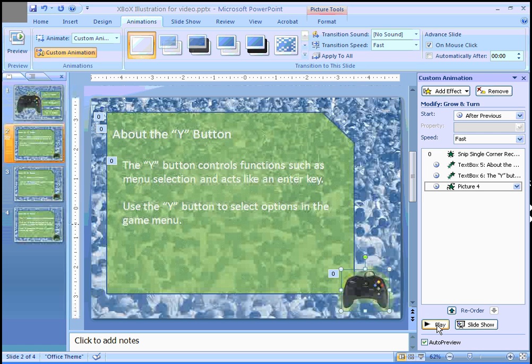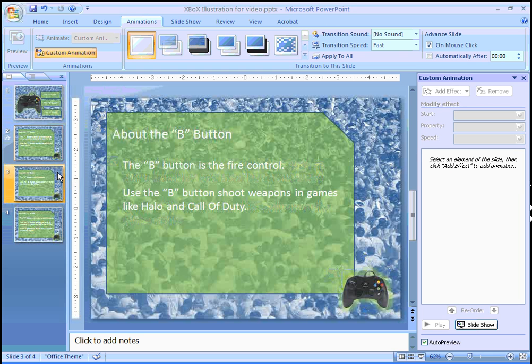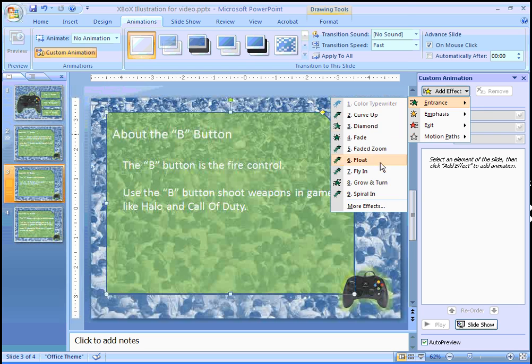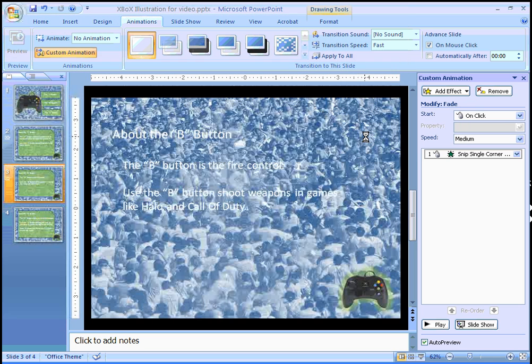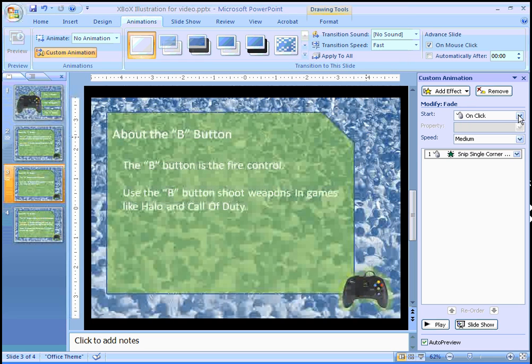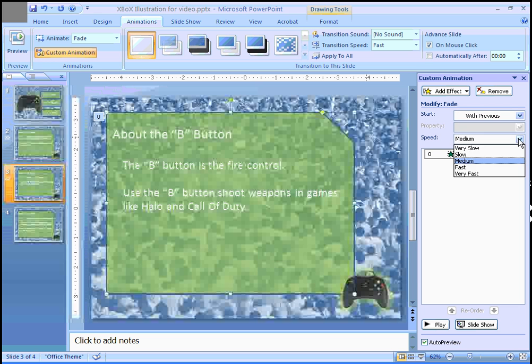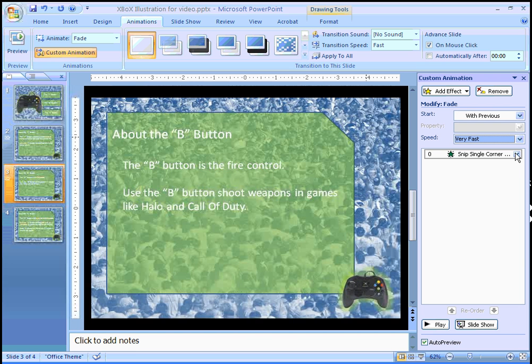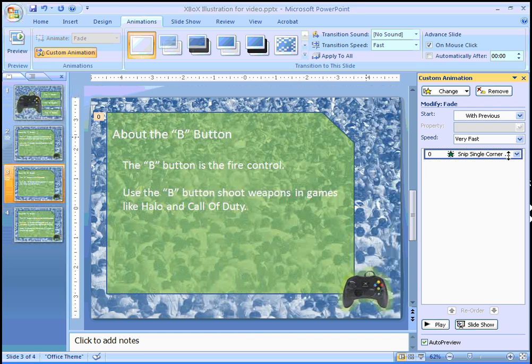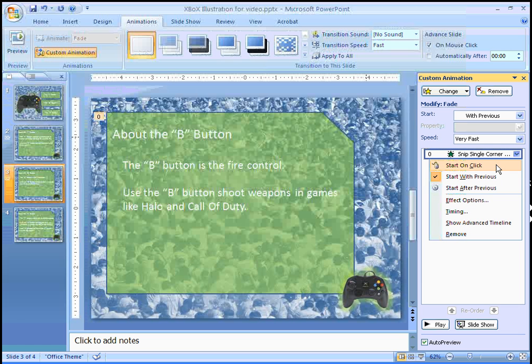Okay, that looks pretty good. Now I would apply the same thing to this. Let's just quickly go over this again. Select the box and try to be consistent. Entrance effect is going to be to fade, and we had it with previous, very fast, and we applied a sound under. Look,